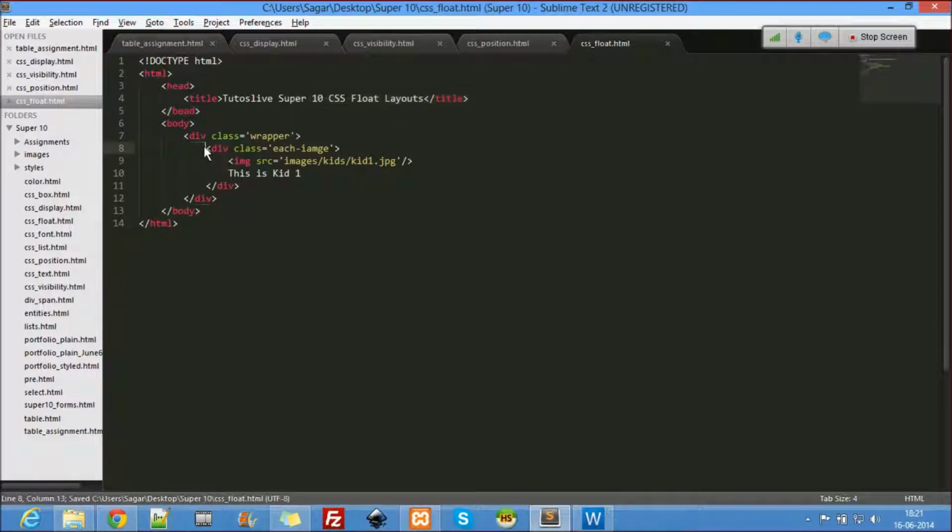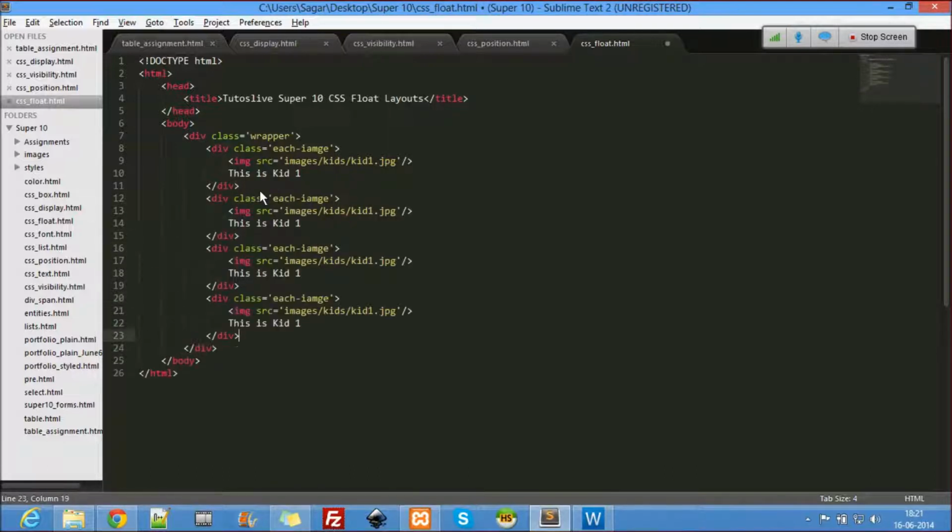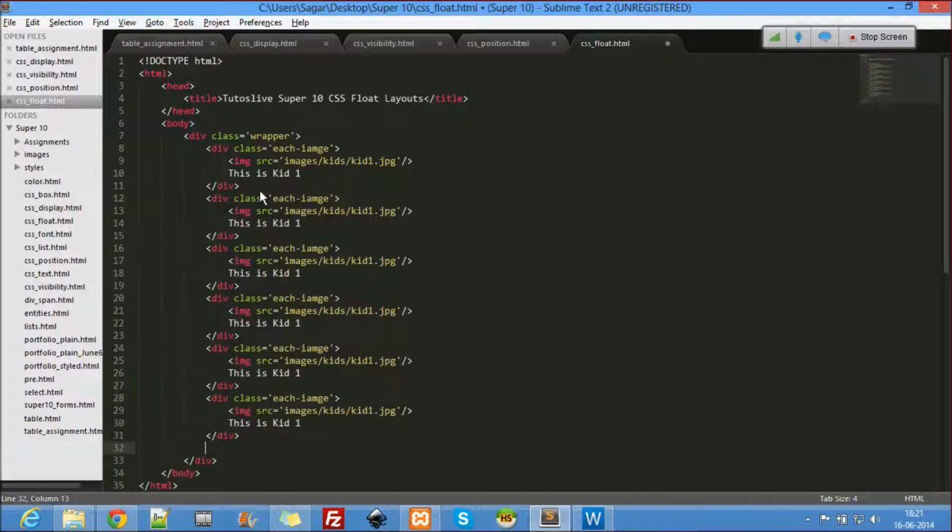Right, so copy this, we have 7 there: 2, 3, 4, 5, 6, and we have 7.